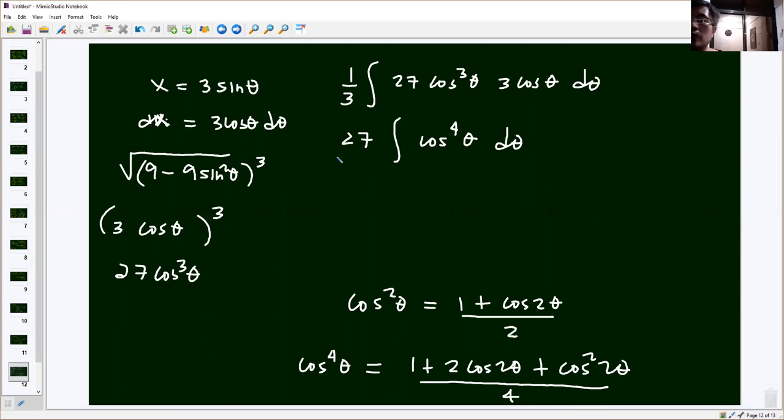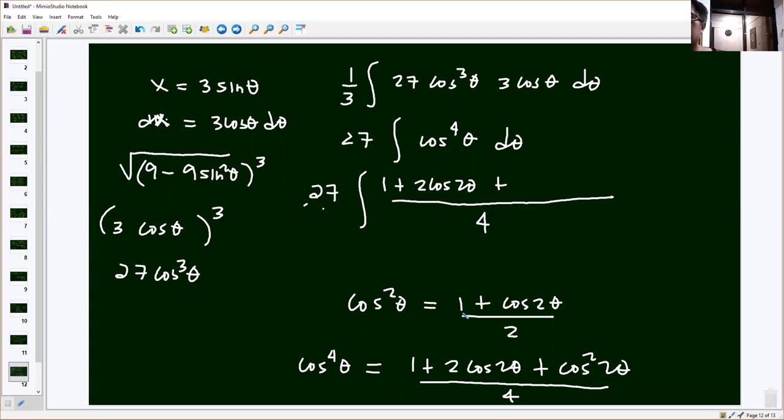Tama ba? And then yung cos squared 2 theta, gagamitin natin ulit. I'm just going kung saan ang una kong nakita, guys. Baka may mas mabilis kayong nakita. Kung ako, yung una kong nakita, yun agad ina-atake ko. So, cos to the 4th, I know cos squared. So, cos to the 4th is this. Mangyayari, 27 integral 1 plus 2 cosine 2 theta plus cos squared 2 theta. I leave it blank because I'll apply again the identity there, which is 1 plus cosine 4 theta